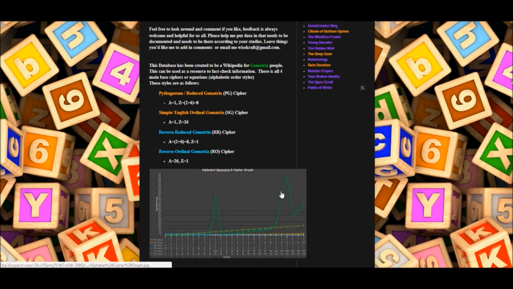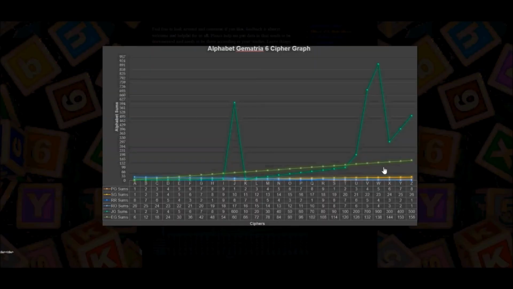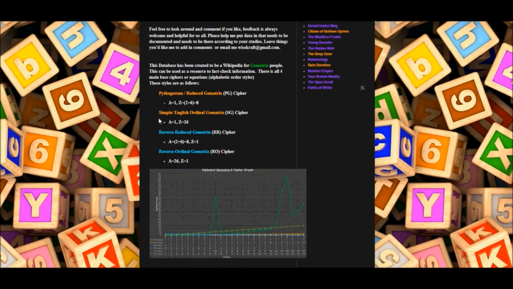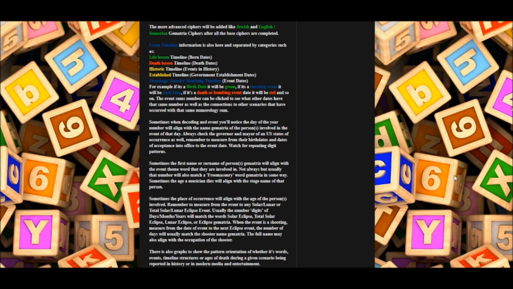And then you have a graph here that shows how those ciphers relate to each other. These are the cipher sum relevance down here. These are the information, the data that's produced from those on a scale, and this is the graph that it produces. The more advanced ciphers will be added, like Jewish and English Sumerian Gematria ciphers, after all the base ciphers are completed. Event timeline information is also here and separated by categories such as